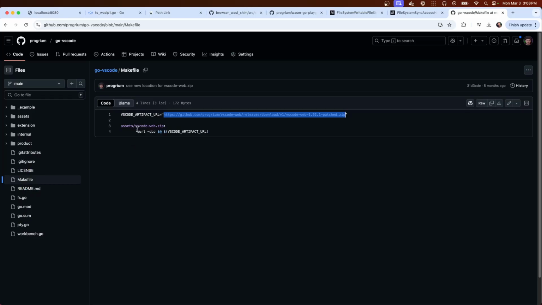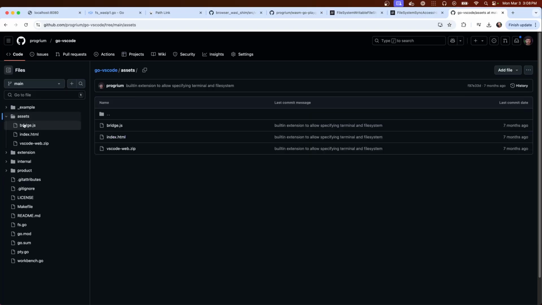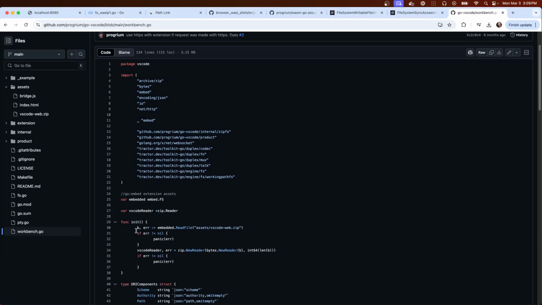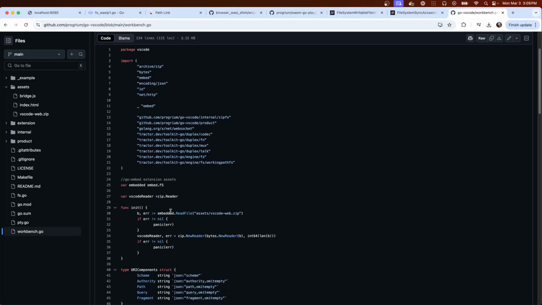Let's see, VS Code web.zip. I think it ended up VS Code reader, zip reader.